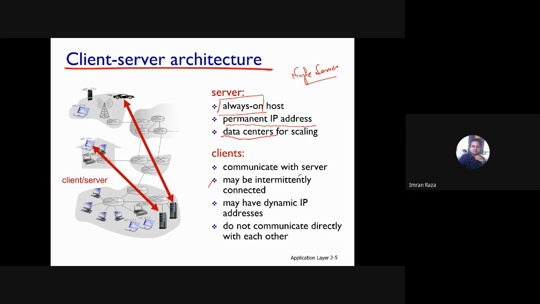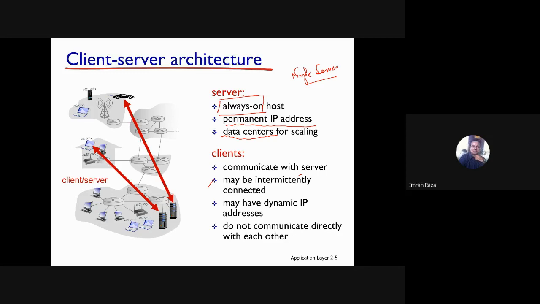For example, if you talk about the most popular search engines like Google and Bing, or internet commerce like Amazon, eBay, or web-based email like Gmail and Yahoo Mail, or social networking platforms such as Facebook and Twitter, right?